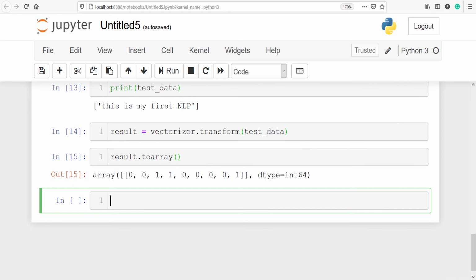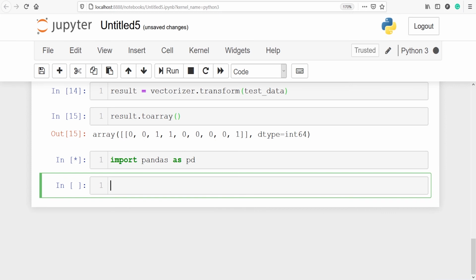We can also create a data frame of our feature names. I'll import pandas as pd. I'll make one variable document_term_matrix.